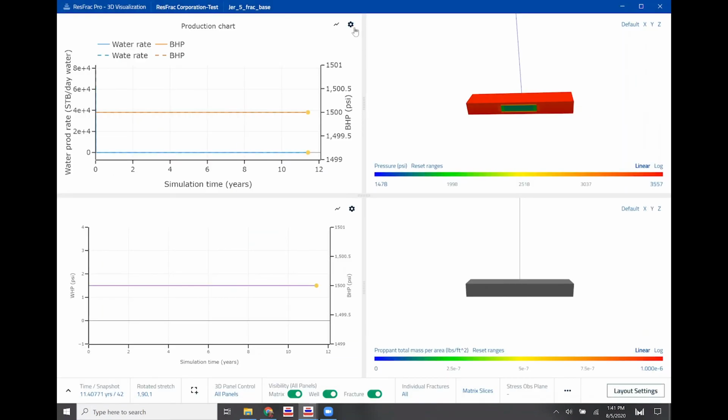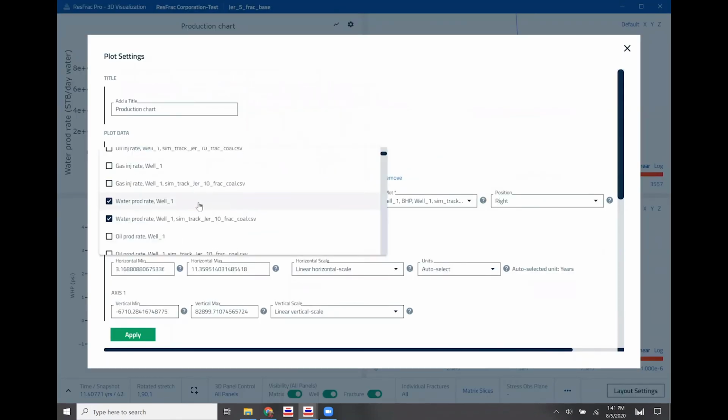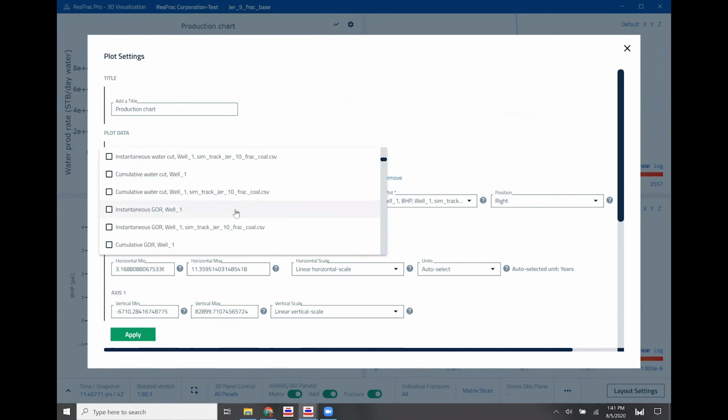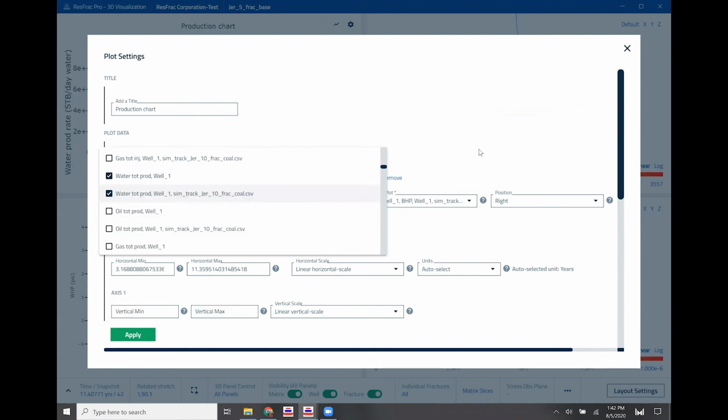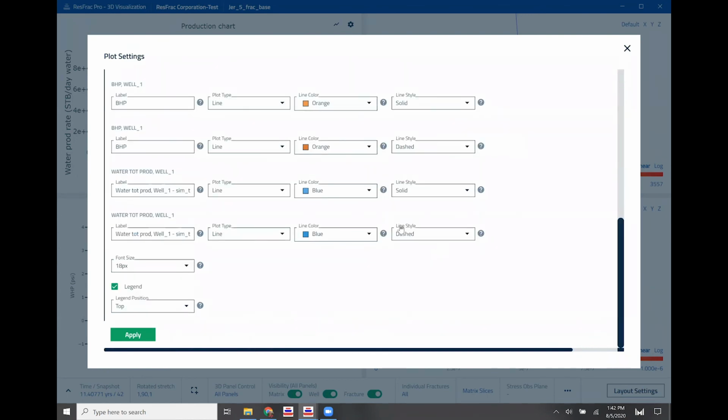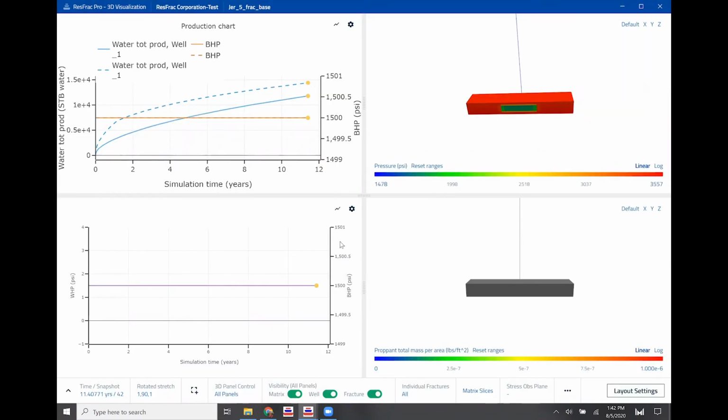Now you can see both trends on there. I can easily come back and modify these. So instead of looking at water rate, I could come back and look at total water production for the 2 different simulations. And you'll see that it still defaults that external data to a dashed trend style. And now I can compare the 2 over time to see how they compare.